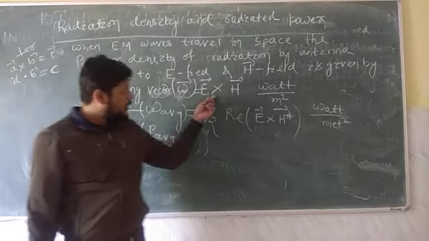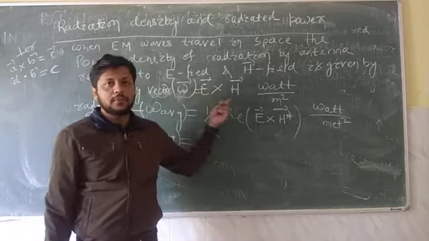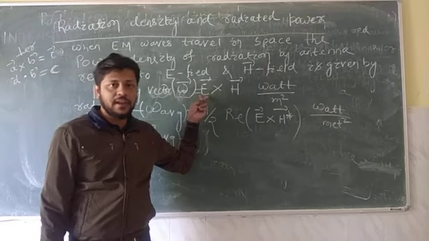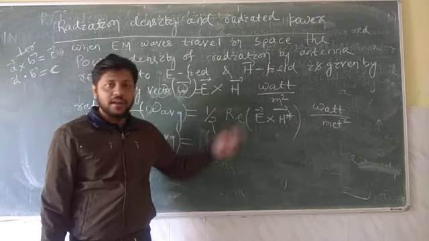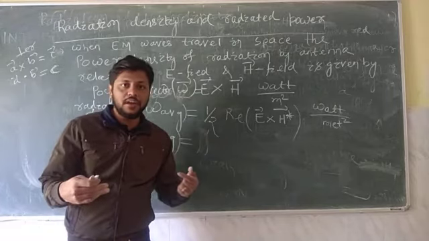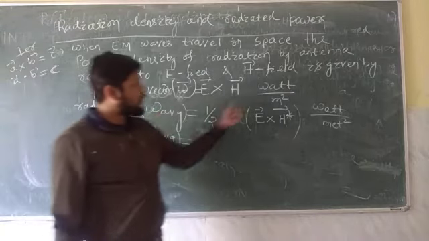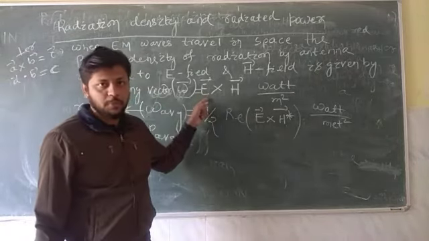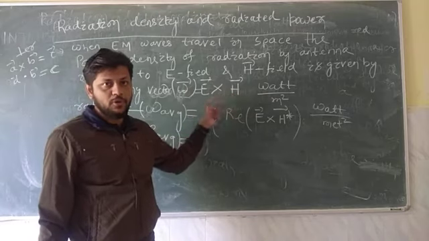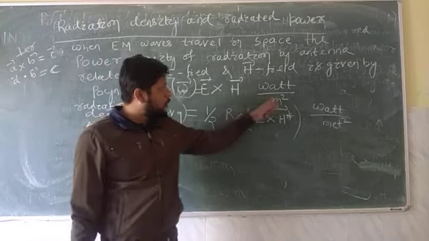Similarly here, what is the direction of your electromagnetic power? That is perpendicular to both electric and magnetic field. For example, if the electric field direction is X and magnetic field direction is Y, then the power density, the radiation, is traveling in Z direction. What is the unit of this? Electric field unit is volt per meter, magnetic field unit is ampere per meter. So volt into ampere by meter. Volt into ampere, that is V into I, always gives you power, and the unit of power is watt. So watt per meter square.